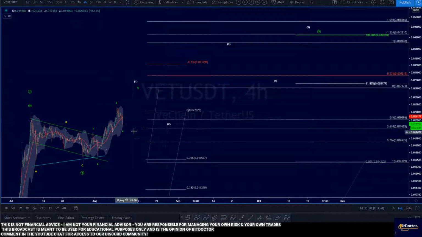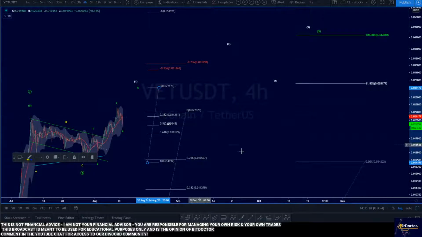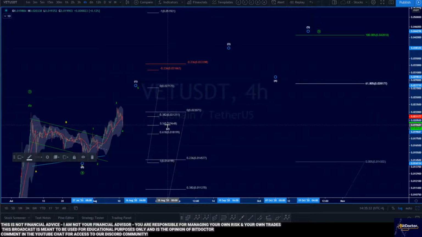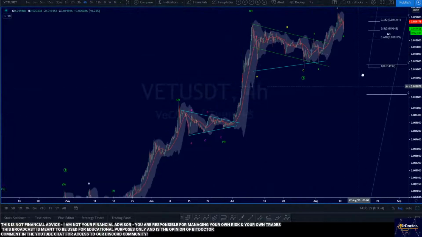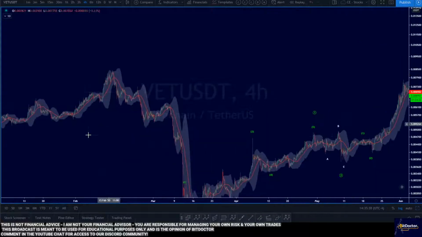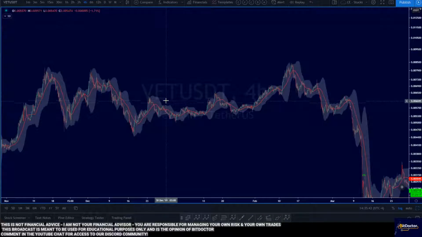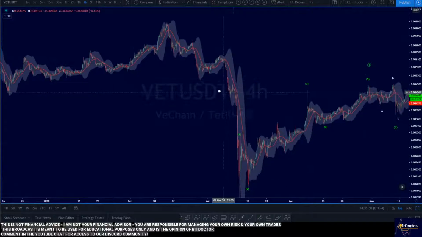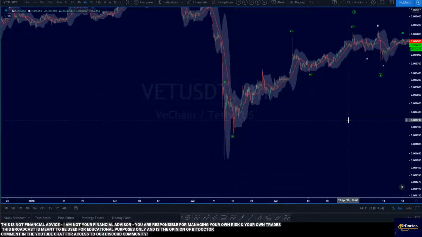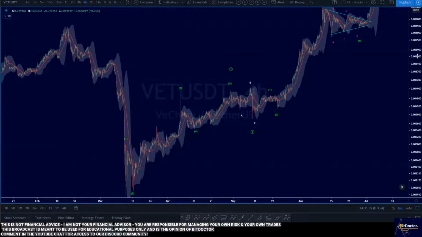for a pullback, okay? And the one thing that I don't like here, let me just fix this so that it doesn't look so crazy. The one thing that I don't like here is the fact that we have already gone up so far, right? When we were looking at Vechain back here, we were looking at Vechain back under a penny. It was like at 6,100 like micro pennies. It was just so cheap. And then we had a big dive, and we've had a nice impulse out of this.